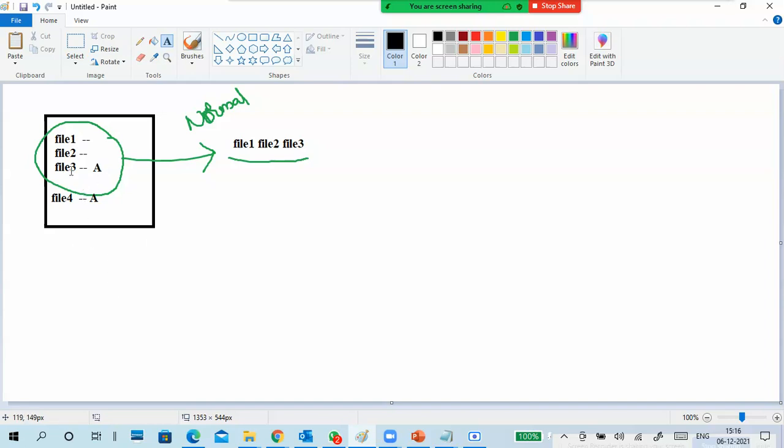I modified file 3 and created file 4. After modification, the archive attribute reappears, and on the newly created file 4 the archive attribute appears. What does that mean? These are not backed up. The new things are not backed up, so you can take the backup. I'm taking an incremental backup here. I selected all the files, I will always select all the files, and I took an incremental backup.